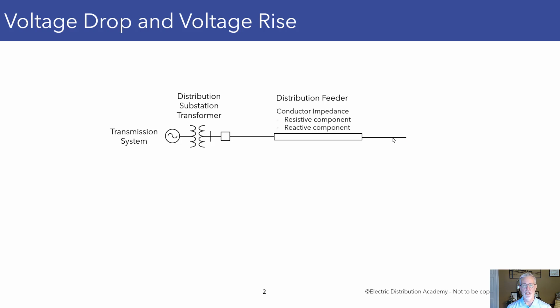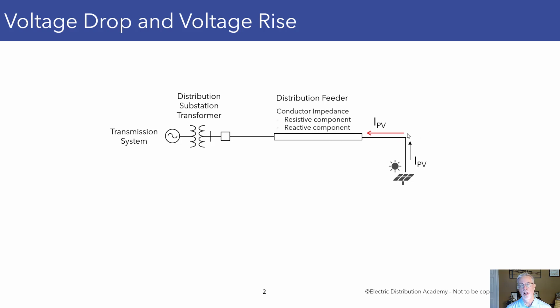So if we look at another example here, in this example, we'll take away our load and we will only have a solar PV plant located at the end of the feeder. And let's assume that that solar PV plant is creating generation, and therefore we have PV current that is flowing from the PV plant back through the distribution substation transformer to loads that are on other locations in the transmission